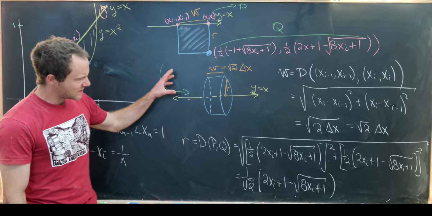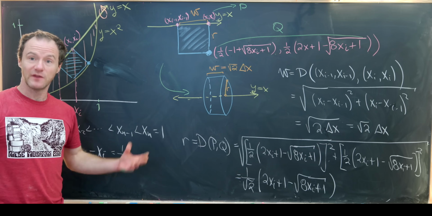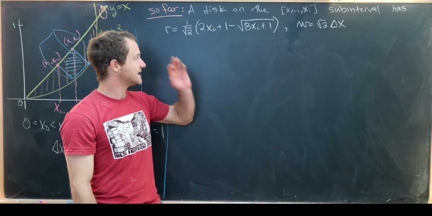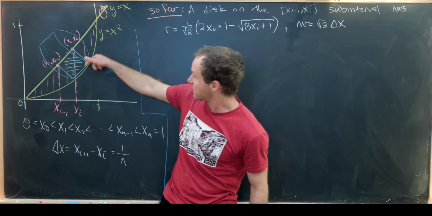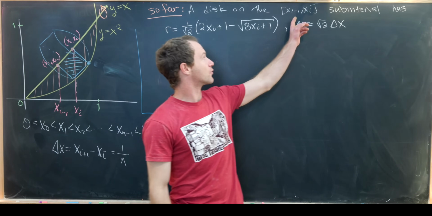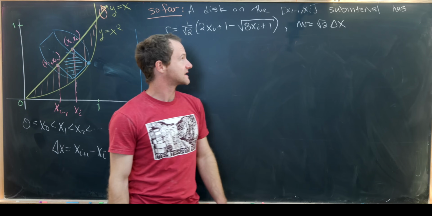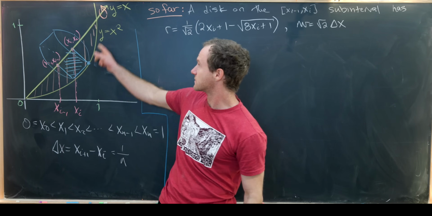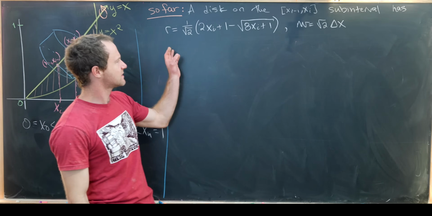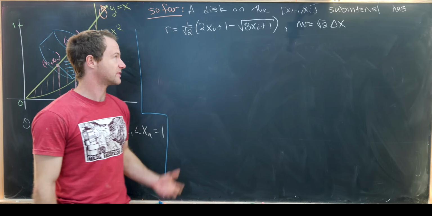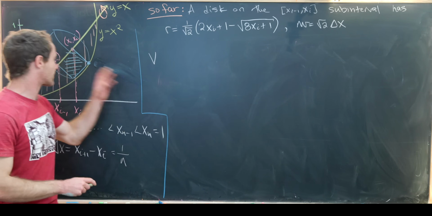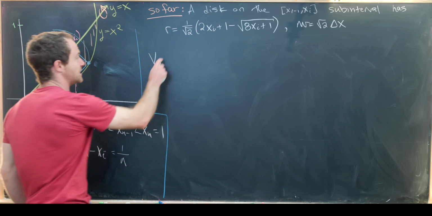Okay, so let's maybe bring some of this information to the top, and then we're ready to finish the calculation off. So on the last board, we found the radius and the width of the disk formed by rotating the rectangle defined on the x_{i-1}, x_i subinterval around the line y equals x. They had some sort of a complicated structure, but they're workable. So now we know that the volume of our entire object will be equal to the